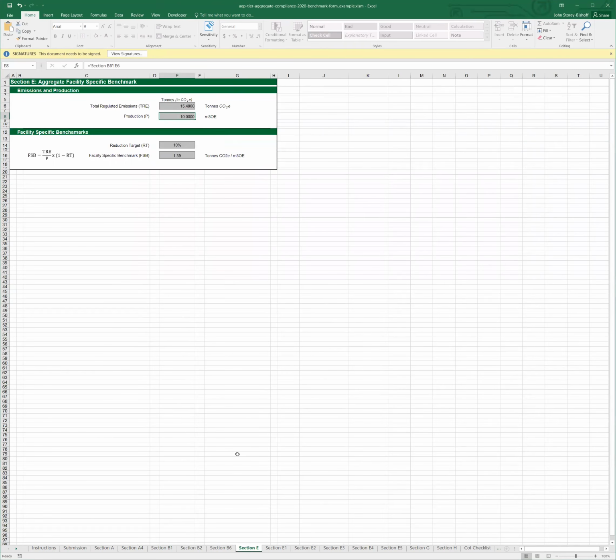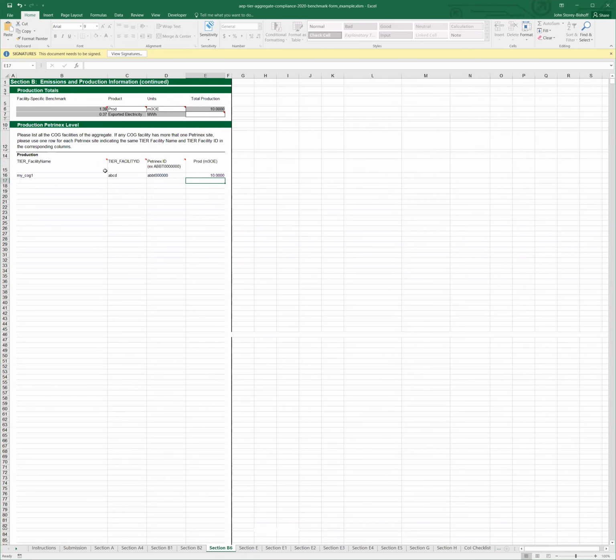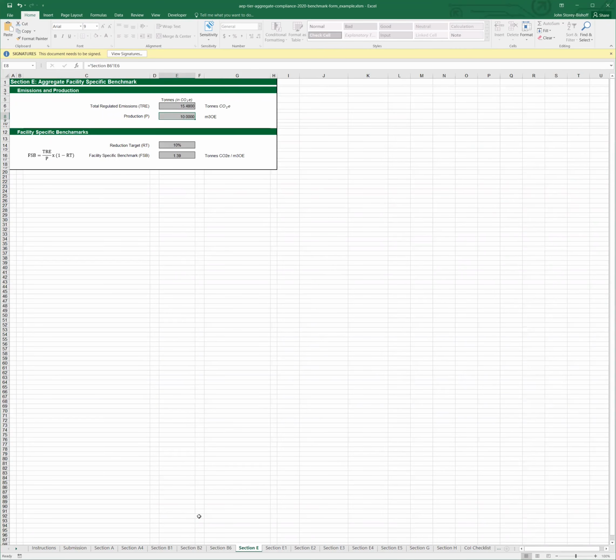This tab calculates the facility-specific benchmark for those using 2020 as a benchmark year based on the reported emissions and production. You'll see this value also appears in section B6 automatically. Moving to section E1,